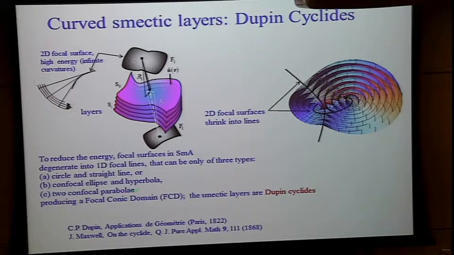One most common situation is the pair of lines represent 2 confocal ellipse and hyperbola. Another solution is when the 2 represent 2 confocal parabola. And the third solution, which is kind of the degenerate case of the second one, is a circle and a straight line. So these 3 types of defect pairs give you the packing of flexible equidistant smectic layers that are